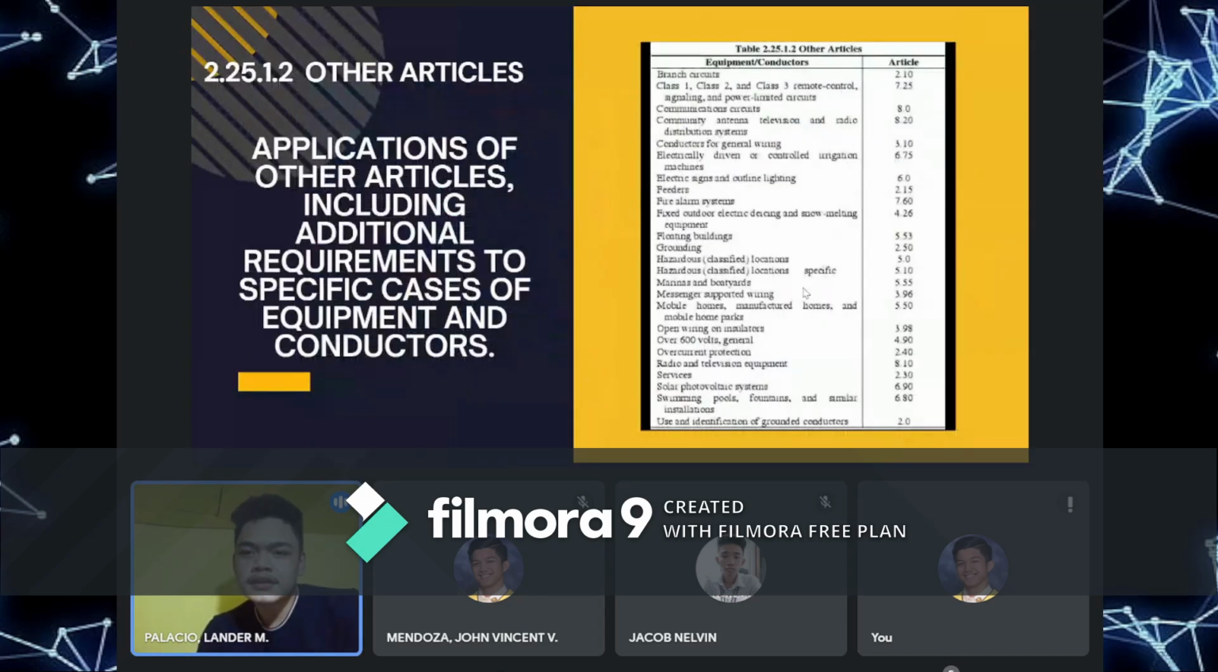So ito naman yung mga other articles. So yung mga application ng mga iba't ibang articles which includes yung mga additional requirements and specific cases ng PEC2 para sa equipment and conductors. Ito makikita nyo to. This is table 2.25.0.1.2 other articles. So yung equipment and conductors, for example, yung branch circuits, may class 1, class 2, and class 3